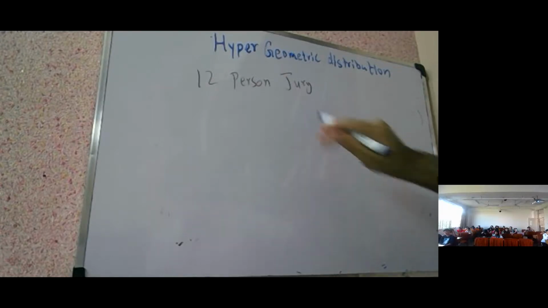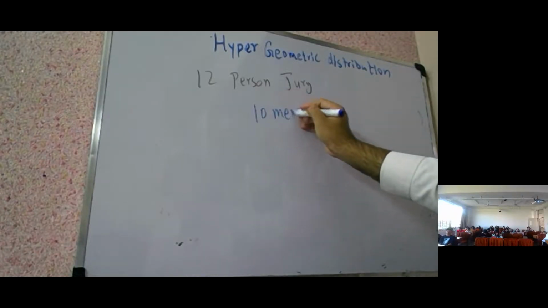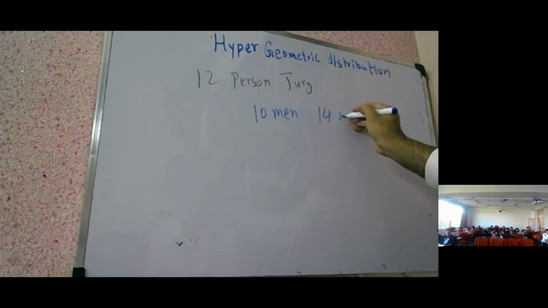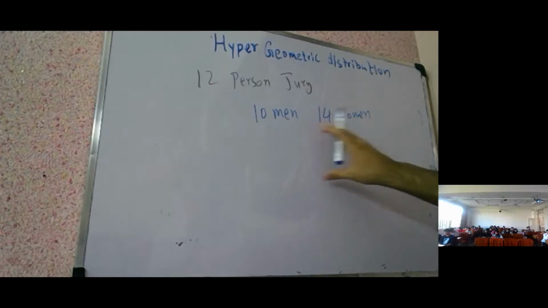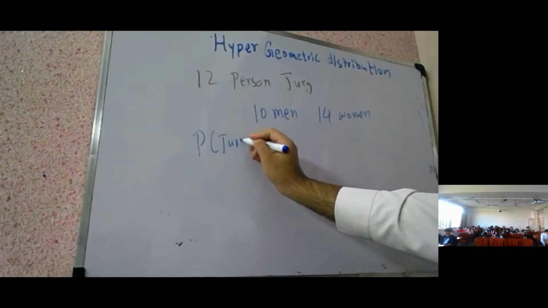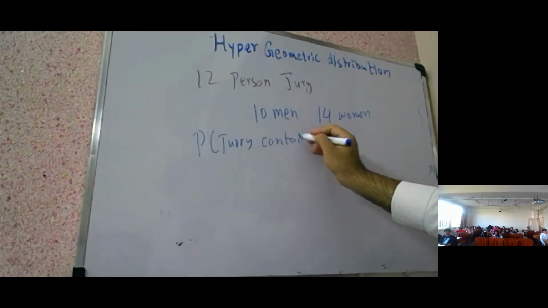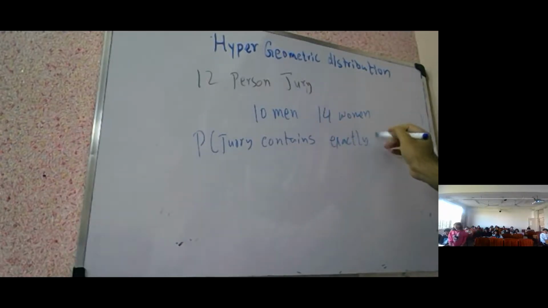So a 12-person jury has to be selected for a trial from a pool of 10 men and 14 women. So I have to select 12 people from 10 men and 14 women. What is the probability that this jury contains exactly 4 men? So first we have to know whether it is a